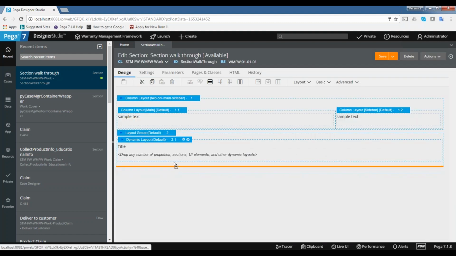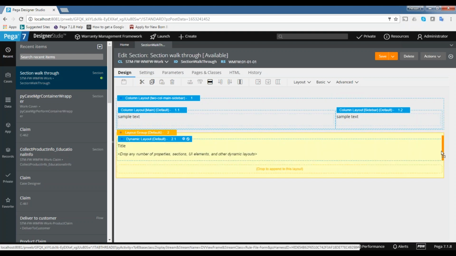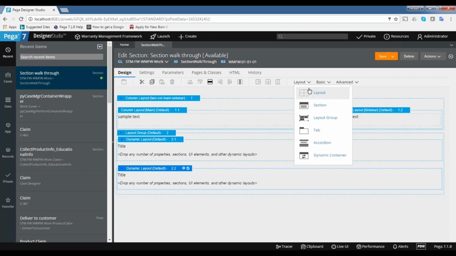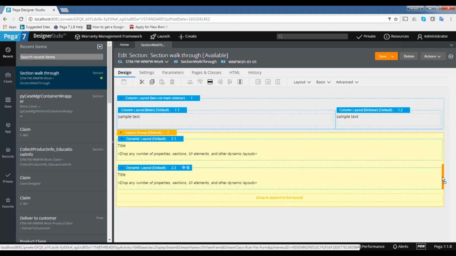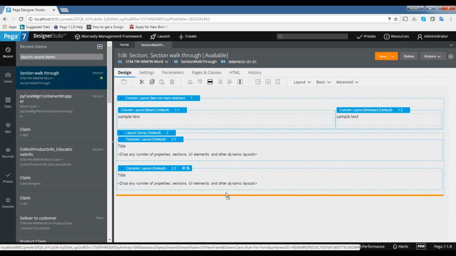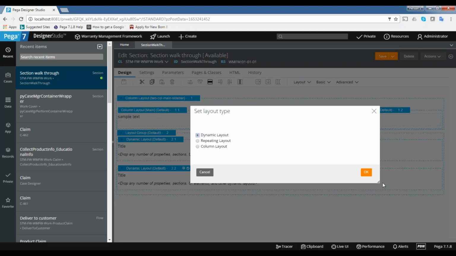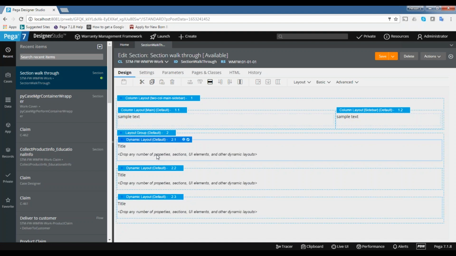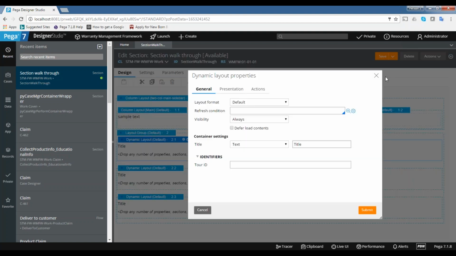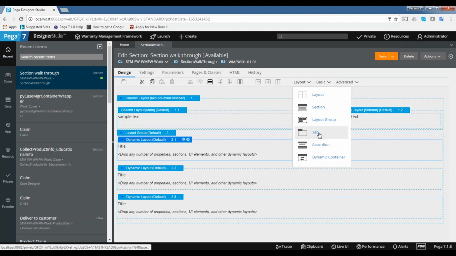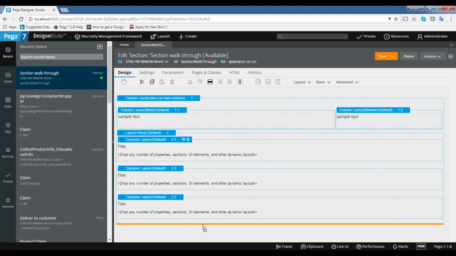First layout, second layout. When you drag it, it may be over any control. You can see I'm getting some orange color or highlighting. That is where it is going to be located. That is the visual indication for us. So that orange color means it's a boundary of that particular layout, right? No, it's not a boundary. When you drag it over any control, you can see where it is going to be located. Not a boundary, where we are going to place it. Okay, it's where it is going to be placed.